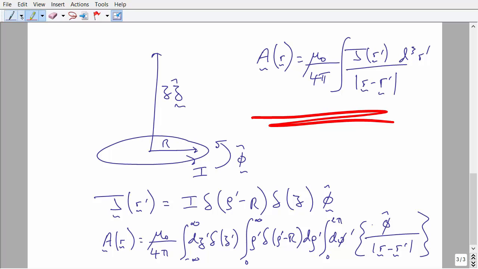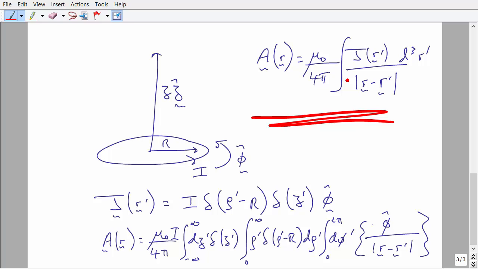Okay, so what you'll see here is that I have used this form for J in the integral here. I've missed a factor of the current, so let's put that in. It's a constant. Okay, the delta function in Z should be delta function in Z prime. The delta function in Z prime appearing here. I've got the delta function in rho prime appearing here. I've got phi hat, and I've got the distance from the point of observation to the point of the contribution